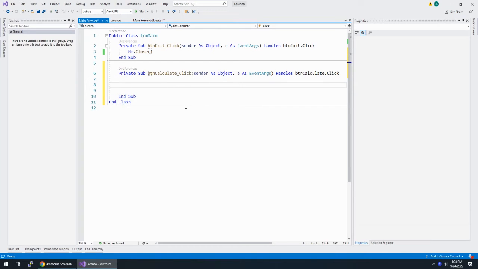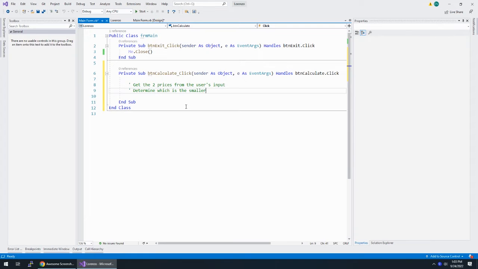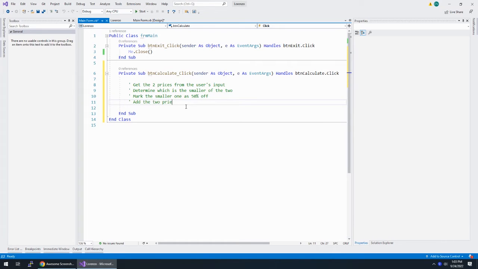Well, we need to get the two prices from the user's input, determine which is the smaller of the two, mark the smaller one as 50% off, add the two prices together,